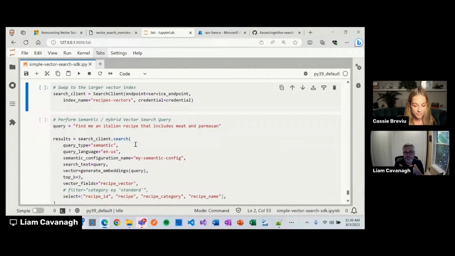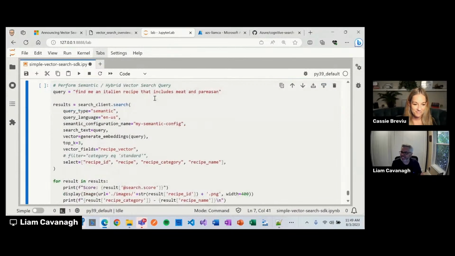Yeah, absolutely. And one of the things that I'd love to leave everyone with for some of the subsequent sessions that we're going to go through is that I've shown a really simple example, a very small set of data, but we actually used Azure OpenAI to create a couple of thousand recipes as well as images for those recipes. So if I change to that index, I'm just going to do a quick search to give you an idea of what we're going to do.